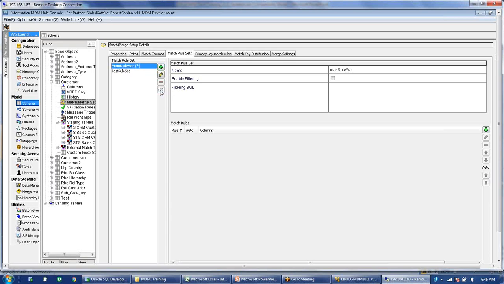Usually we create only one rule set, but as I told, sometimes for testing purposes, I have created a main rule set and there is some problem, some data is not getting matched properly. So instead of touching this, I will create one more rule set as a test rule set, similar to the main rule set, and then add or remove some columns, make some changes and test the data again to see if the records are getting matched correctly. If it is fine, then I will move my changes into the main one.